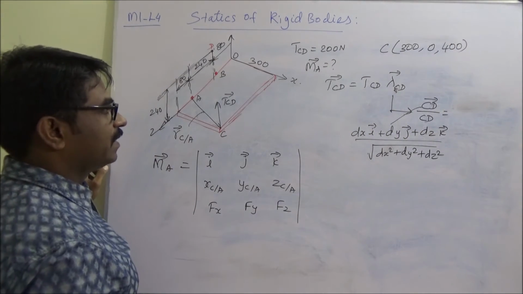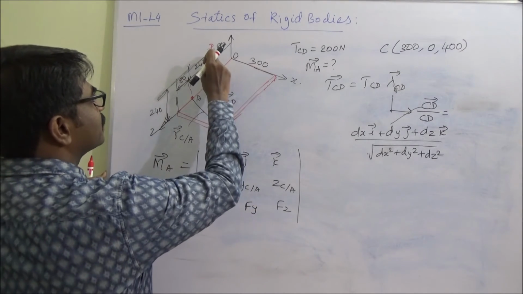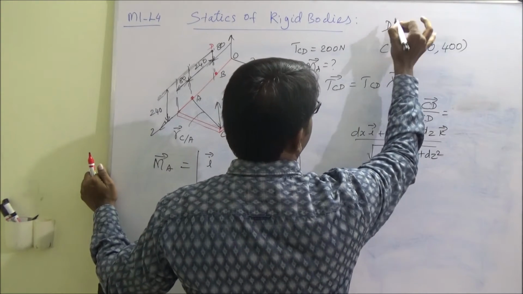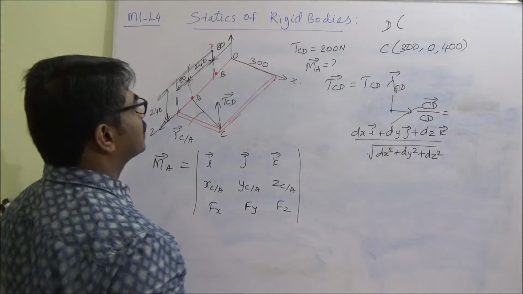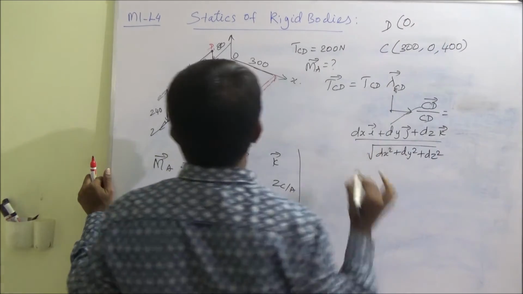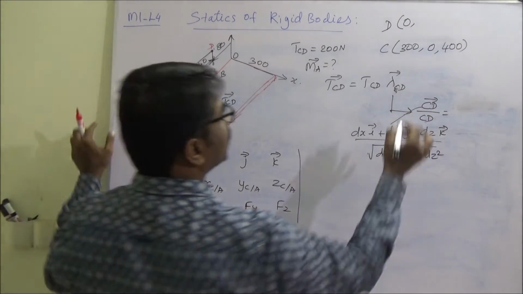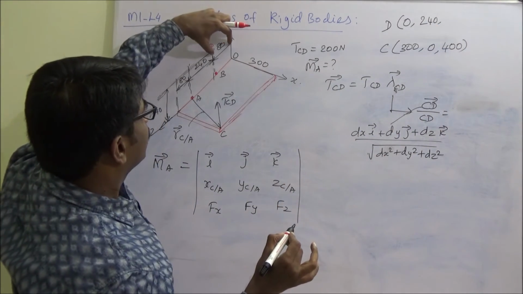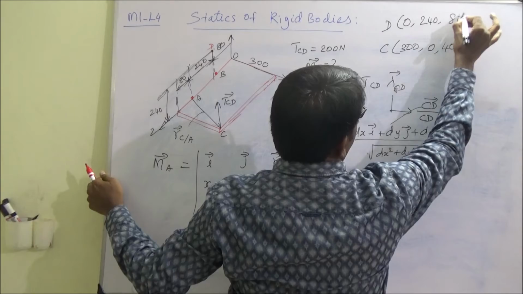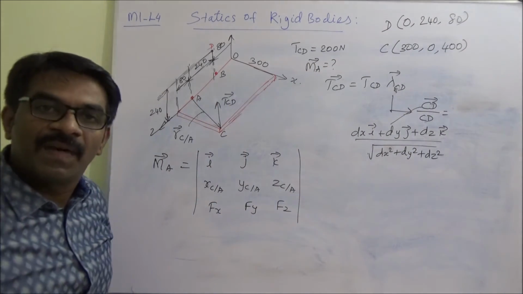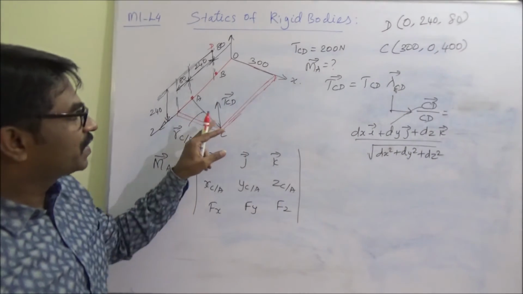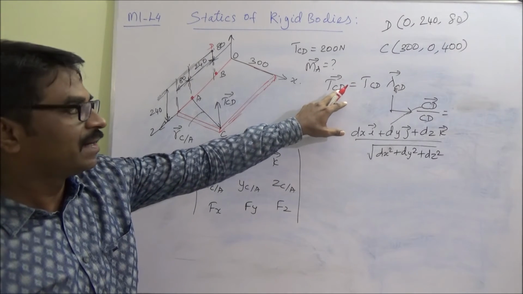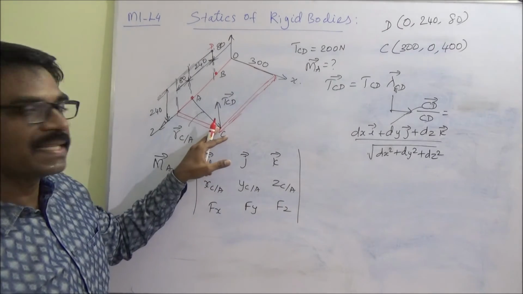Right? And what is D? Coordinate D. X distance is 0, y distance is 240 positive, and z distance is 80. Okay, as we have already discussed, when you are finding the CD vector, your point of interest here, this is